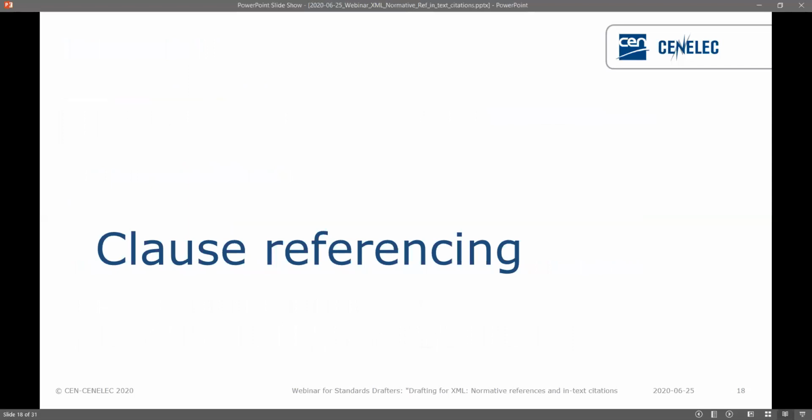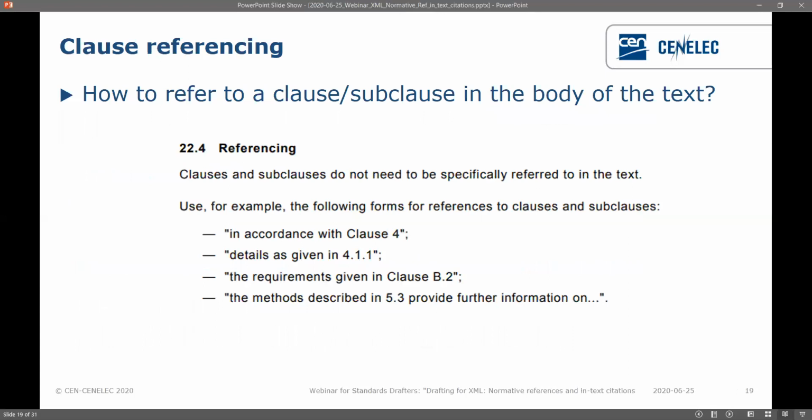So we are now moving on to the second part of this webinar, which is about clause referencing in the document. Next slide. So basically, what we see in documents is that you refer to clauses and subclauses themselves, so obviously, but there are ways of referring to these clauses and subclauses. You can't just say, go to this section, go to this sentence. There are some rules in the IR3. So you have here the extract.